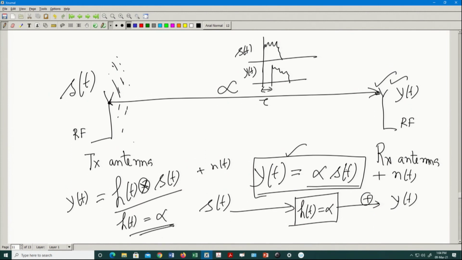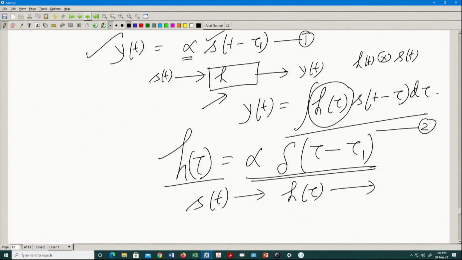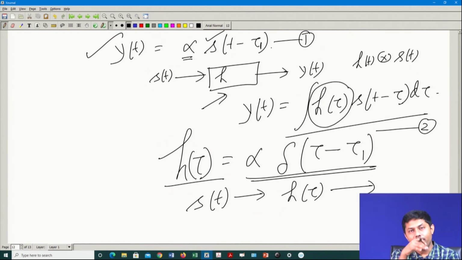This model does not consider the delay part, which is wrong, but it is not wrong because we have to create the baseline of what you are trying to do here. Now, from there I say I have a delay in my system, because I have to model that. That means the channel is such that, because delay is what? Delay is not part of my S(t), delay is part of my channel. Delay, amplitude distortion, everything is part of my channel.